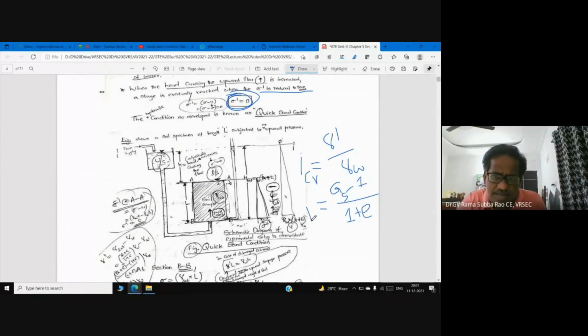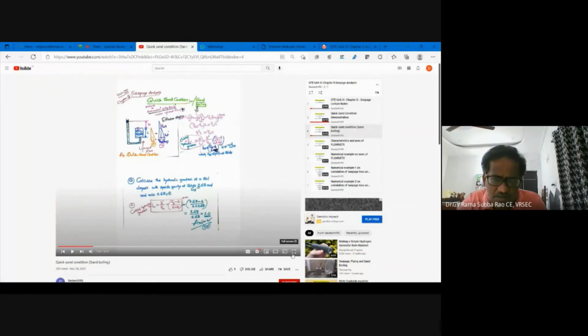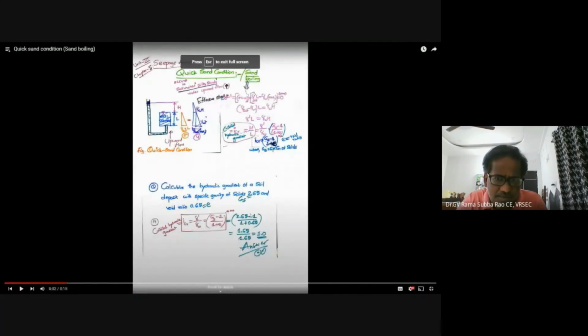So this is the critical hydraulic gradient. Now Gs is given as 2.65, minus 1, by 1 plus 0.65. The beauty in the question: we are searching for a calculator, but 1.65 by 1.65 is 1. That's the answer. If you have any doubt, you can